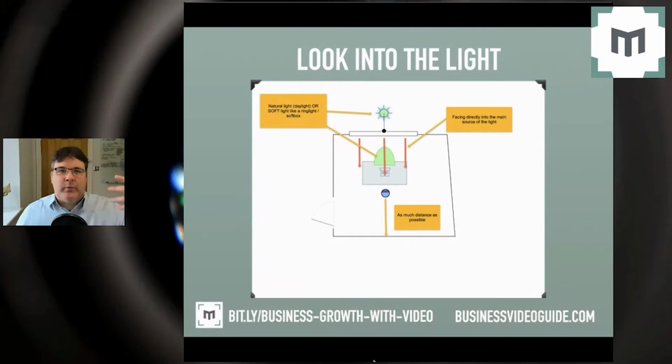say like a softbox or a ring light, which we'll go on to talk about in the next video, I'll go through lots of kit ideas and stuff like that. So don't worry, we'll get to that. That is where you'd put the artificial light, and you'd look straight in